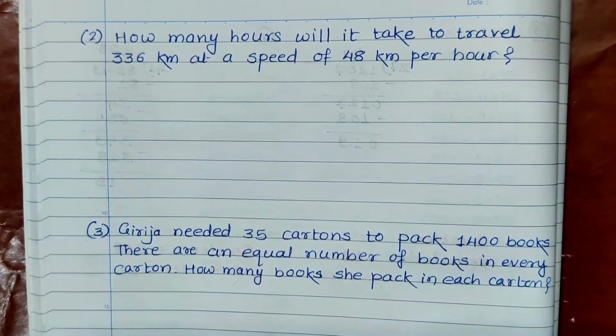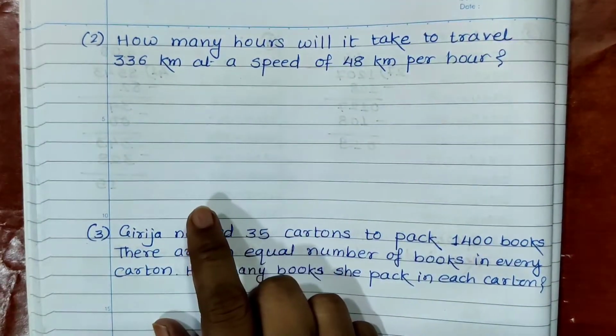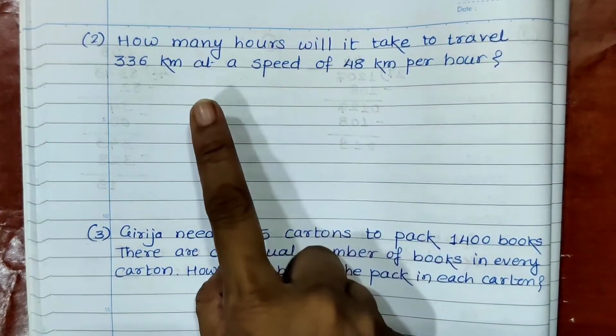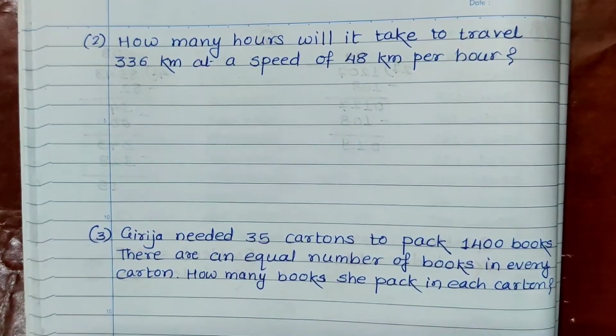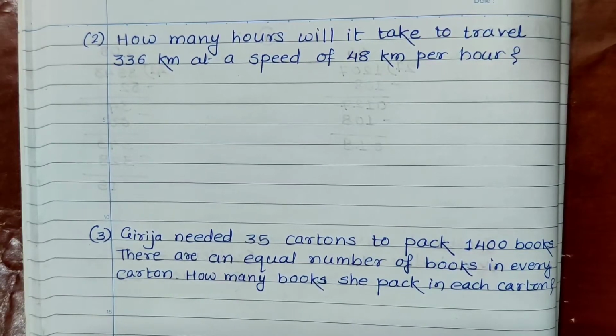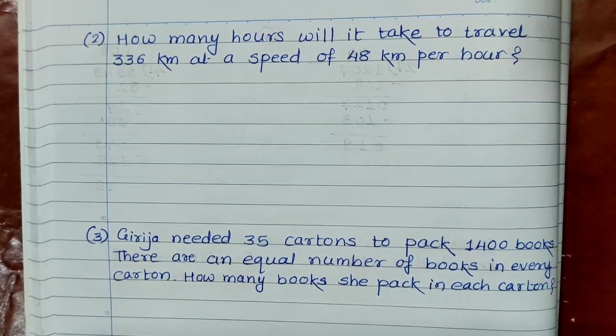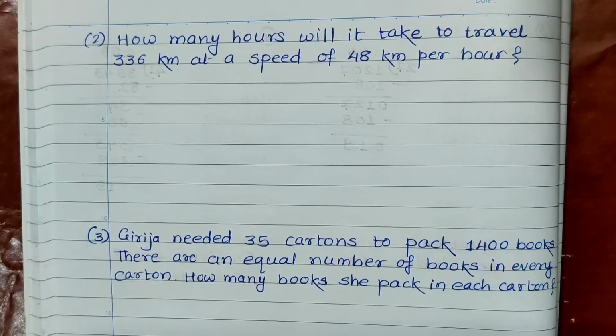So what we have to do? From 1 we have to find out how many. Correct? So when from 1 we have to find out how many, we have to divide. So let us divide. For that we require the table of 48. You don't need to write the full table from 48 ones are 48 till 48 tens are. You can write the table as per the requirement of the solution of our sum. So let us start the solution.